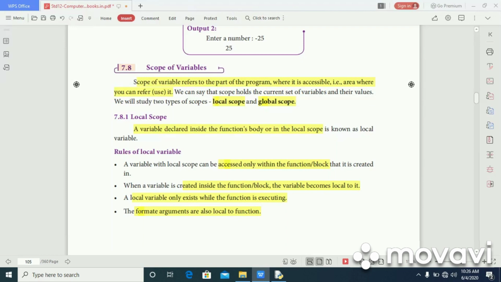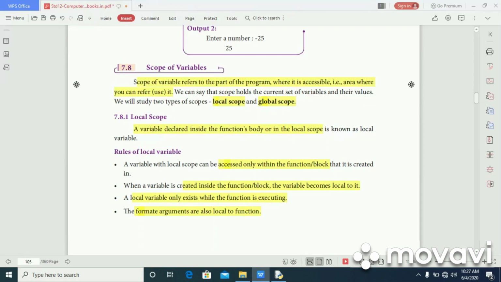A local scope means a variable declared inside the function's body or in the local scope is known as a local variable. Here are some rules. A variable with local scope can be accessed only within the function or block.